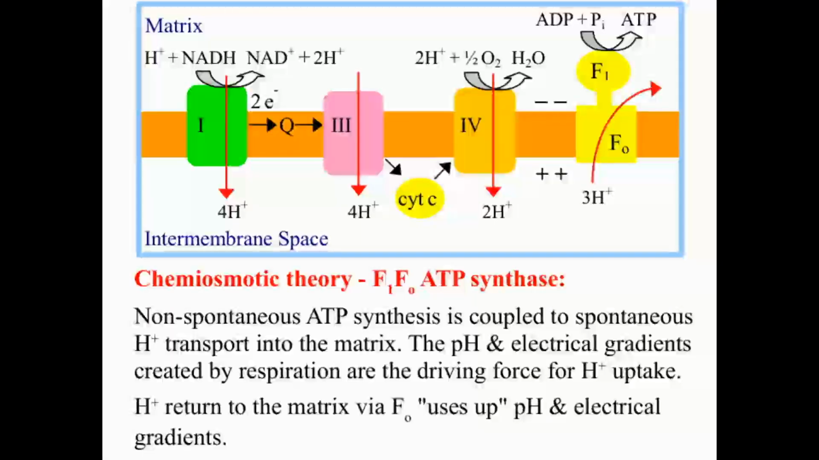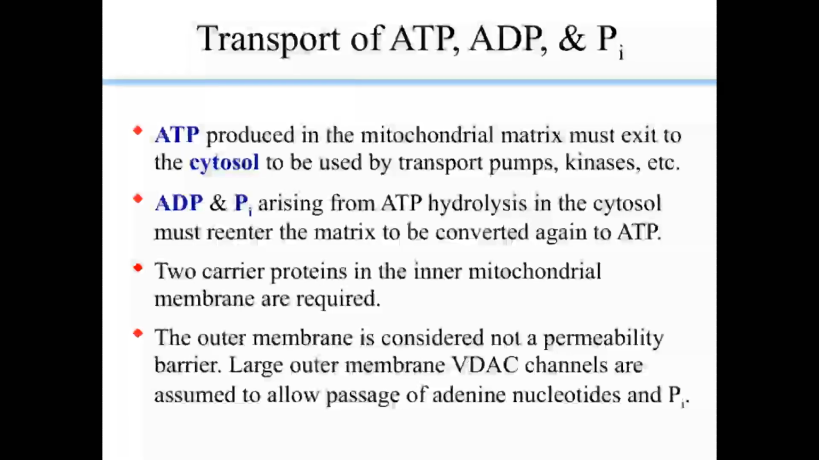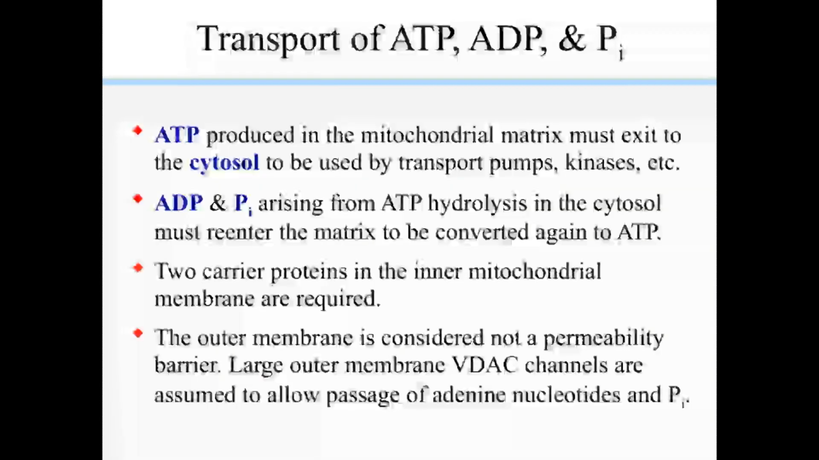ATP. So, once ATP is produced in the mitochondrial matrix, it needs to exit the mitochondria to be used in the cell, such as by transport pumps or kinases. This is a key step because without this export, the energy currency can't reach where it's needed. Conversely, when ATP is hydrolyzed in the cytosol, it produces ADP and Pi, which then need to re-enter the mitochondria to be converted back into ATP. This exchange is facilitated by two specific carrier proteins located in the inner mitochondrial membrane. These carriers are essential for maintaining the flow of these molecules and ensuring the continuous supply of